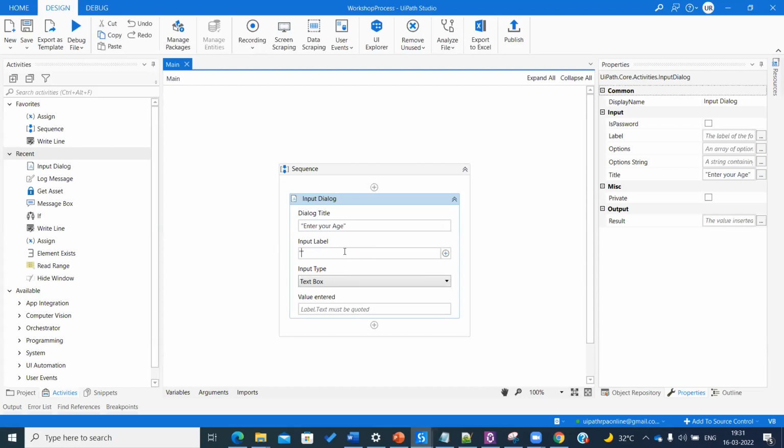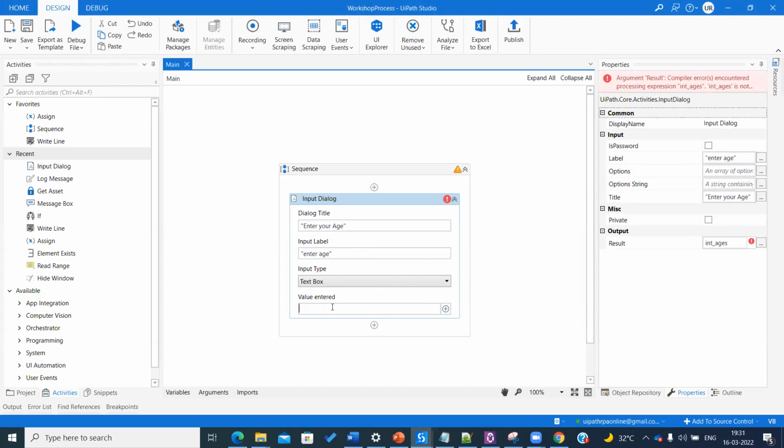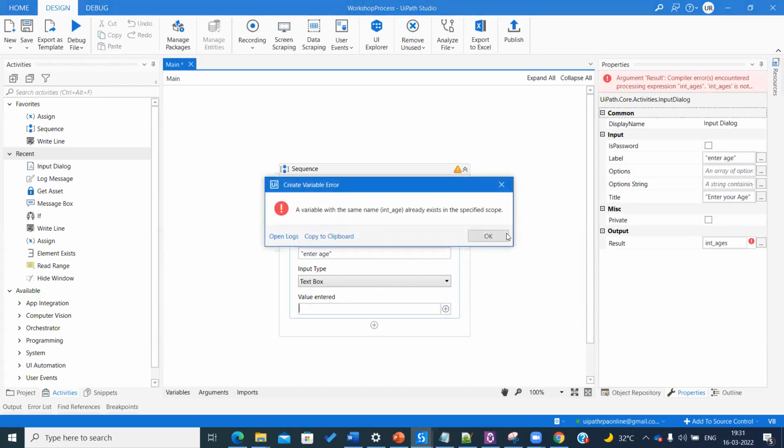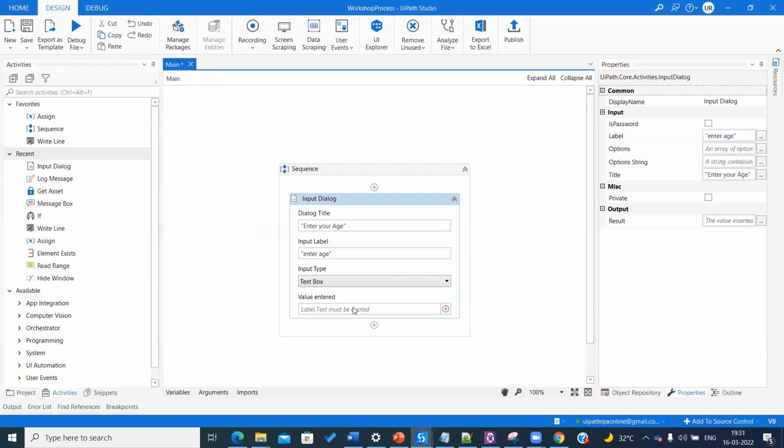Now I'll give some label here, and you know how to create a variable. I'll just do Control K and say int. Int means integer data type, and then age. We have created a variable called integer age.